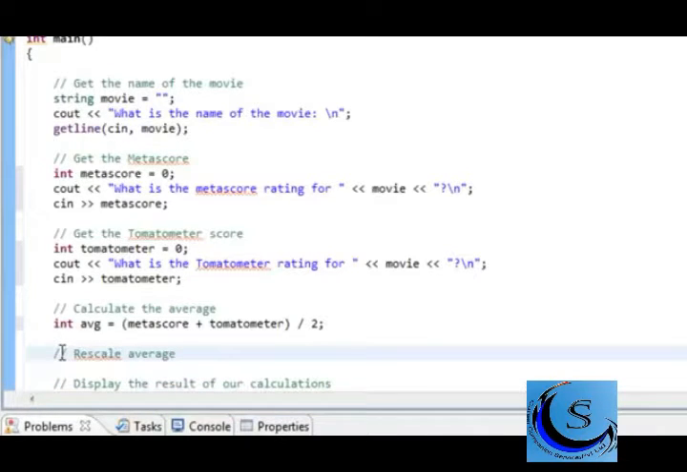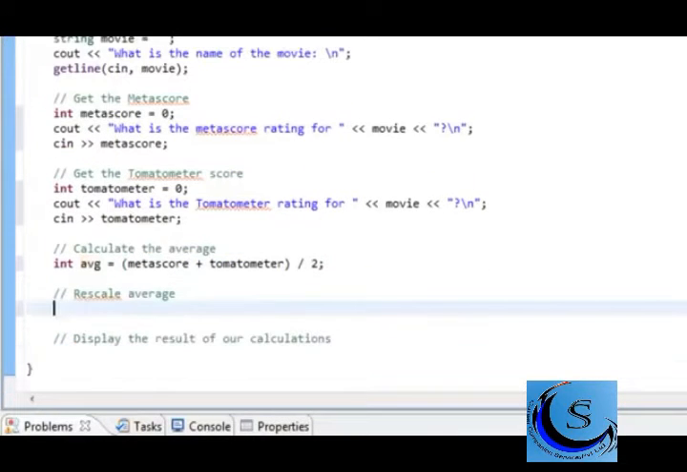The other thing that I'm going to point out here is that Metascore and Tomato Meter both offer values that are on a 100-point range as opposed to a 10-point range. So this is where we need to rescale the average that we come up with from a 100-point range to a 10-point range. So basically we're taking whatever value we calculated here and we're going to have to divide it by 10. So down here under rescaled average, I'm going to declare a new variable, and we'll call it rescale,